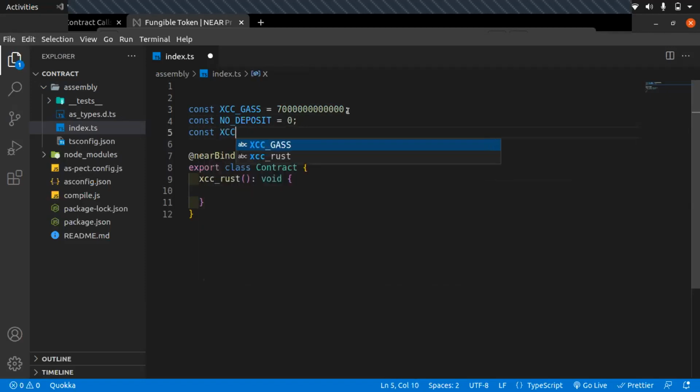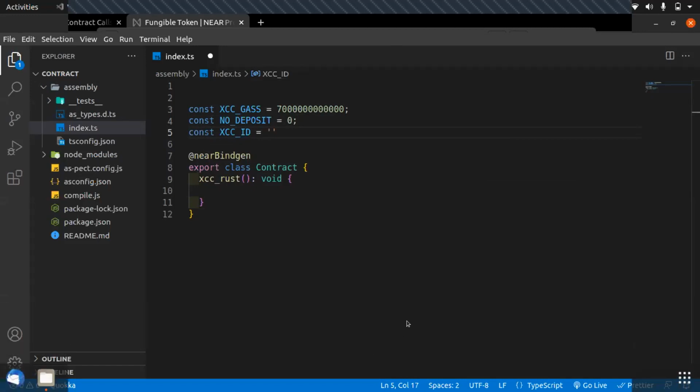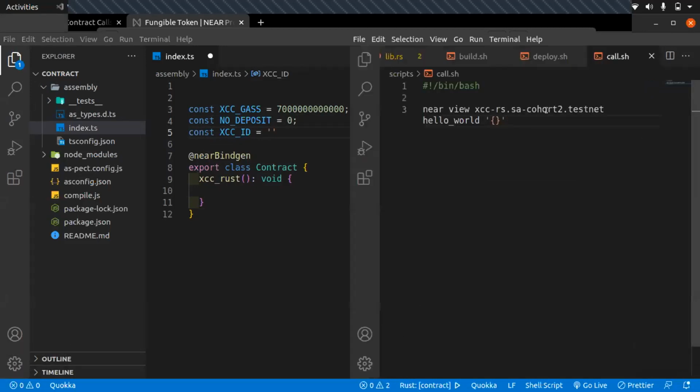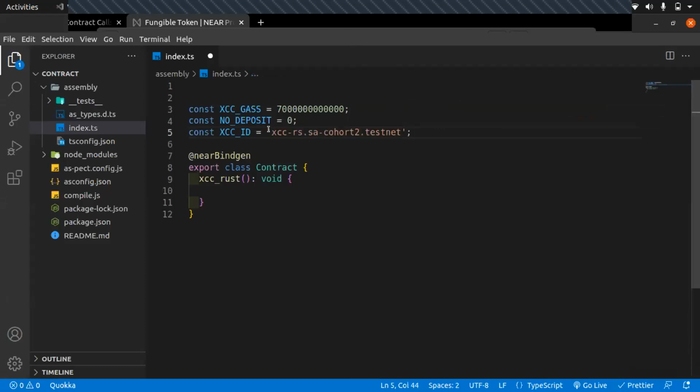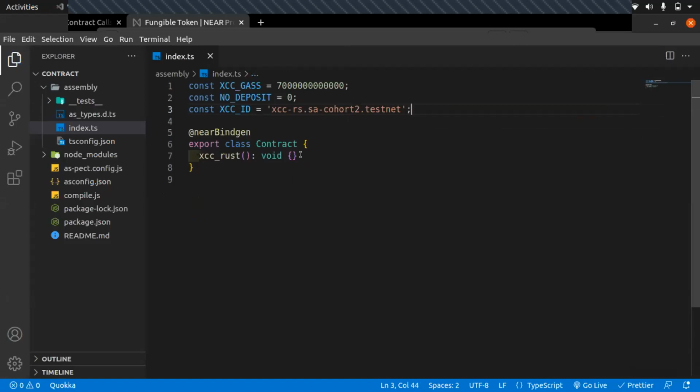Then our cross contract, let me just call this ID. So this is basically the address that we are going to call this method on. So like the other smart contract's address. In this case, we're using this address where we deployed our smart contract. I'll just copy it as it is and bring it right inside here. So that is the wallet address where we deployed the smart contract we're going to call from this smart contract